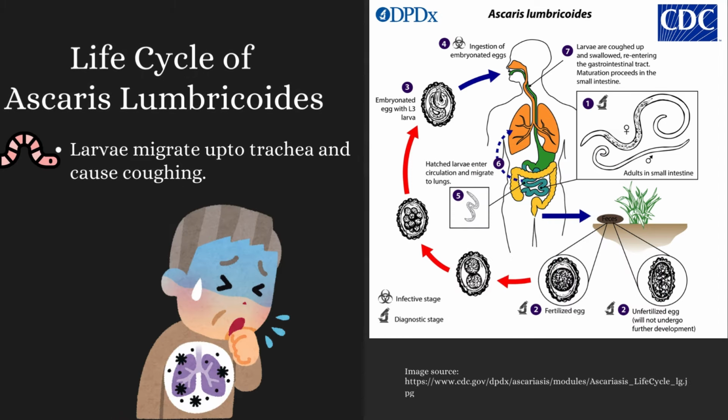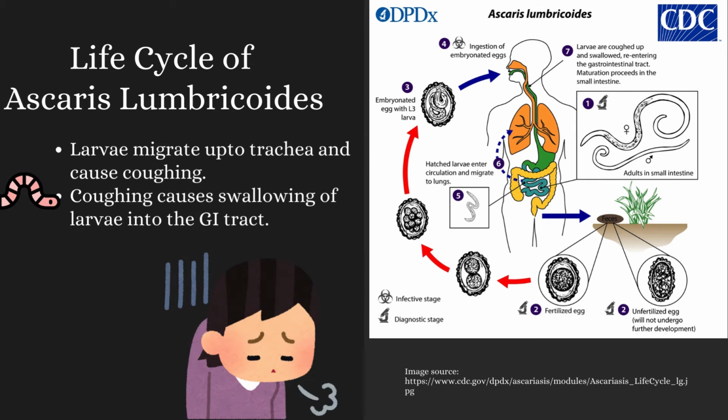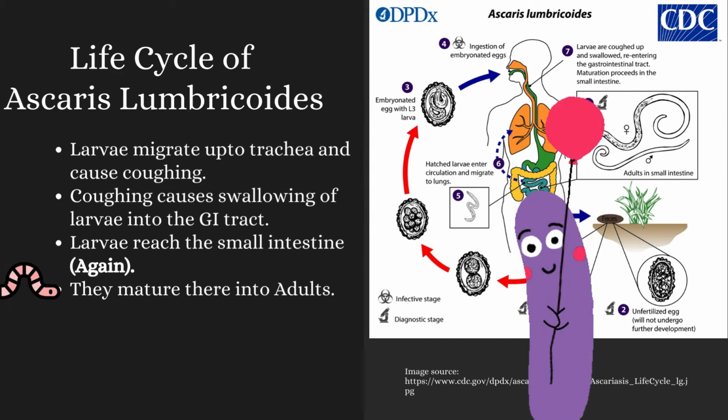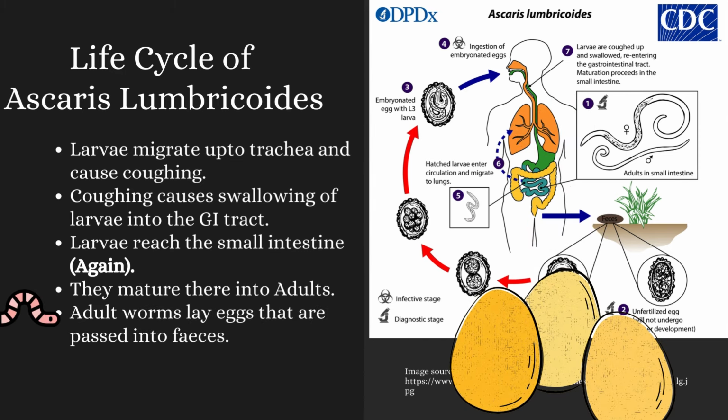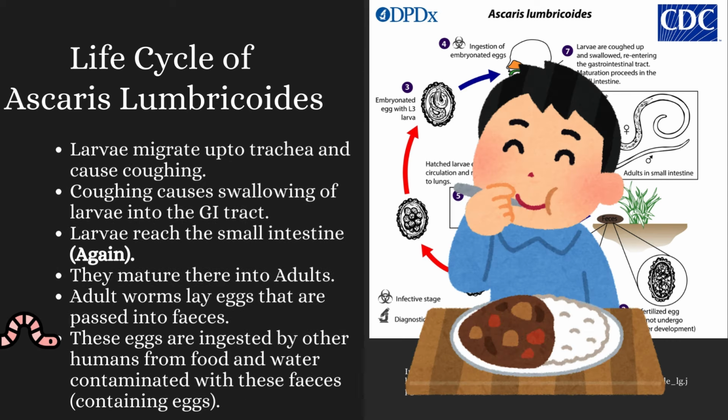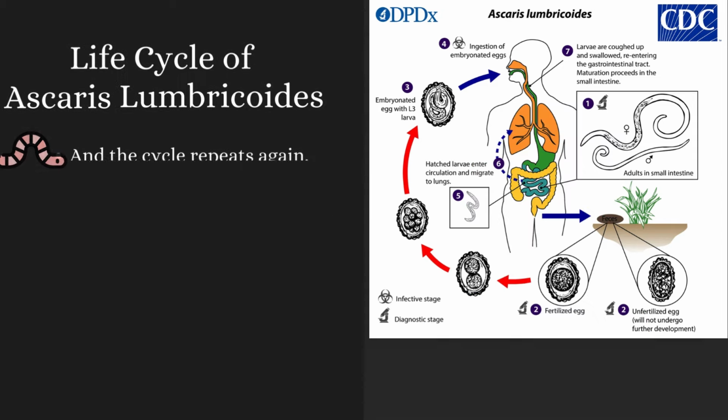Then, larvae migrate up to the trachea and cause coughing. Coughing causes swallowing of larvae into the GI tract. Larvae reach the small intestine. Again, they mature there into adults. Adult worms lay eggs that are passed into feces. These eggs are ingested by other humans, from food and water contaminated with these feces containing eggs, and the cycle